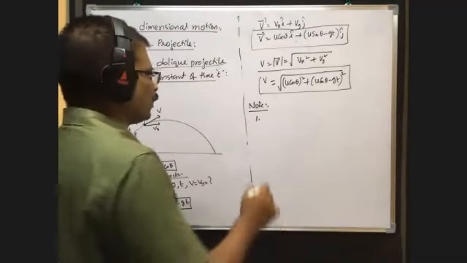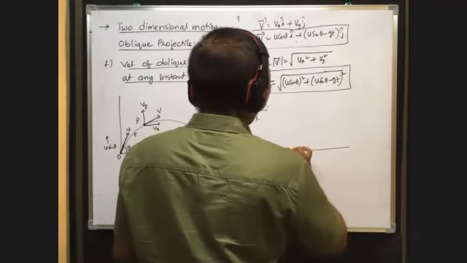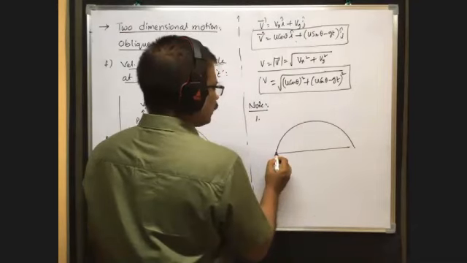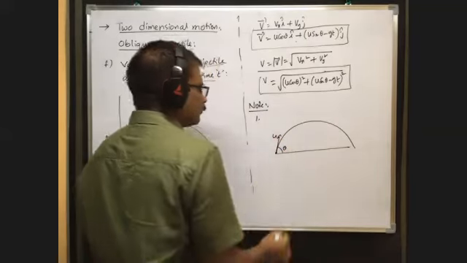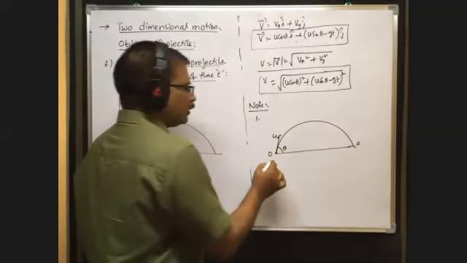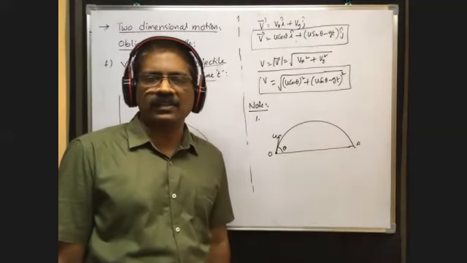So first one, in case of oblique projectile, suppose it is thrown with a velocity u by making an angle of projection theta with horizontal. At this point of projection, what is the acceleration acts on the oblique projectile? What is the direction of acceleration acts on the oblique projectile?